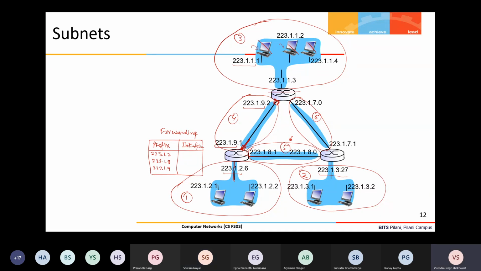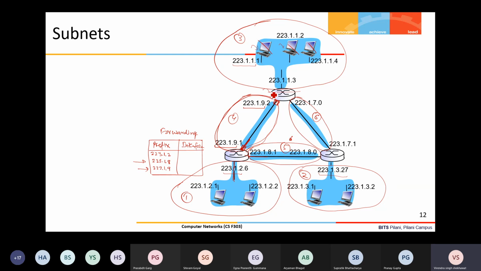Because these six subnetworks are there basically, right? Although in this subnetwork no end host is connected. So definitely there will be no datagram destined to these interfaces, 8 and 9, these two prefixes, because no host is connected. The communication happens between the end hosts only, because your client or server or whatever application you are running, that is on the end host. You are not running it on the router basically.